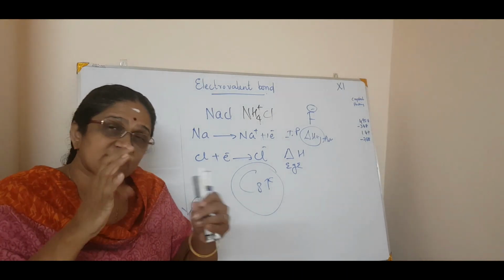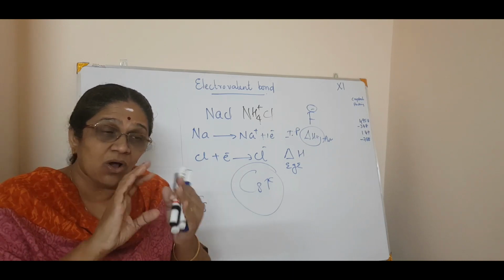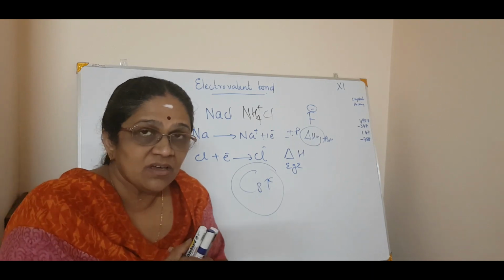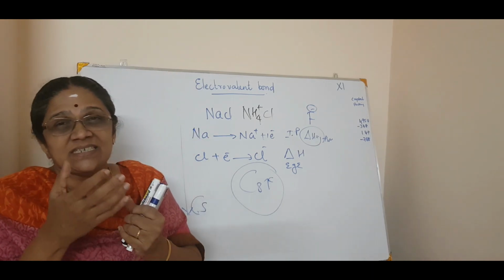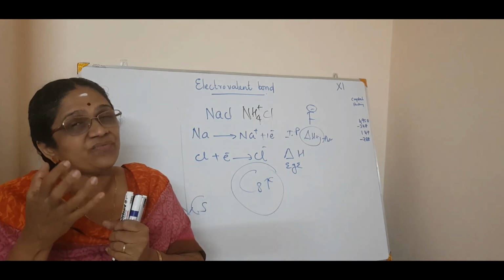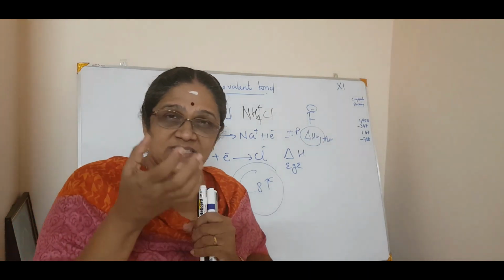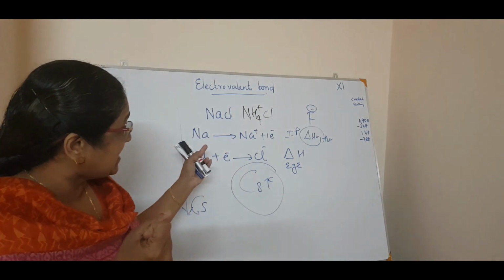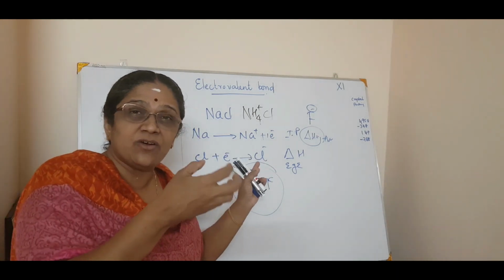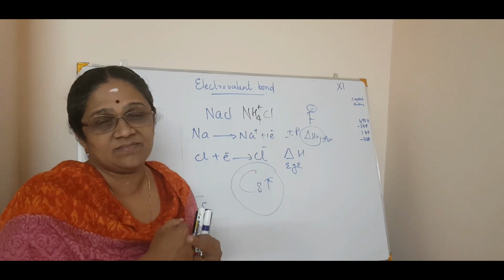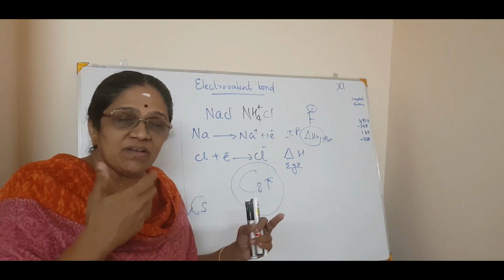So these Na+ and Cl- will be arranged all along in a three-dimensional lattice, or in a cubical form, in which this lattice depends mainly on the size of the atom. This crystal lattice mainly depends on the size of the atom, and the packing arrangement of these positive and negative ions. All these depend. So that we will see later.